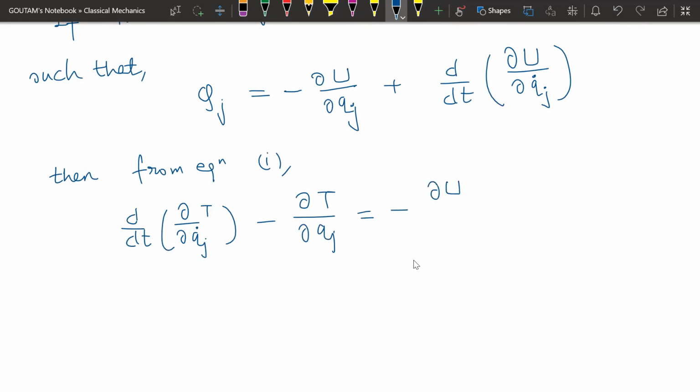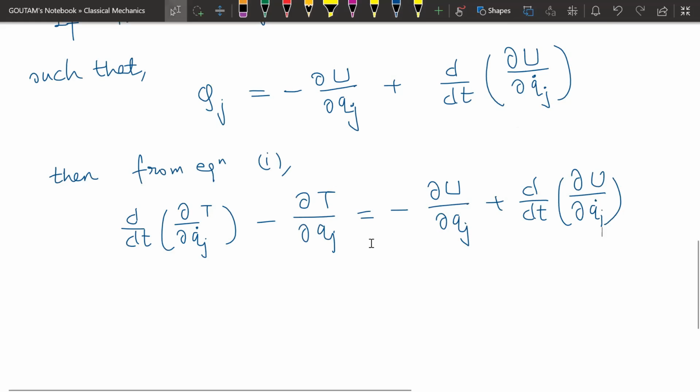Now Qj is derived from the velocity dependent potential, then we can get this. And if we take these two terms to this side, then